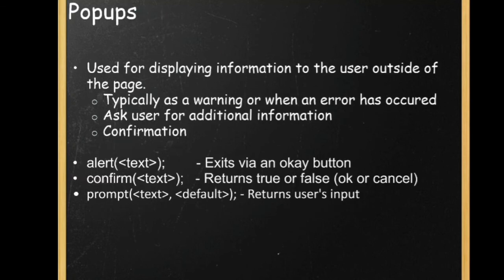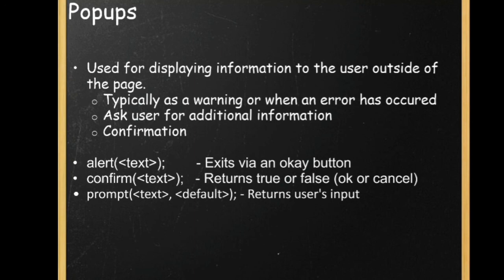Then pop-ups. By pop-ups we mean when you click on OK or cancel, some dialog box is displayed, and that is called a pop-up. Or sometimes when you visit some web pages, you can see some information about the web page, or when you click somewhere outside the web page, you can see such pop-ups. So for creating your own pop-ups, we have some functions like alert, confirm and prompt. They are very easy to use.